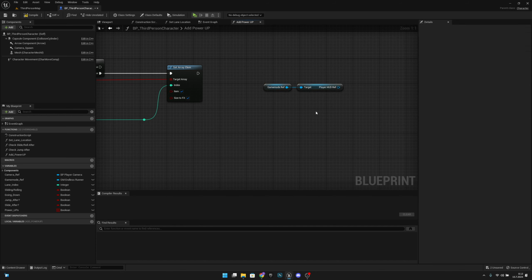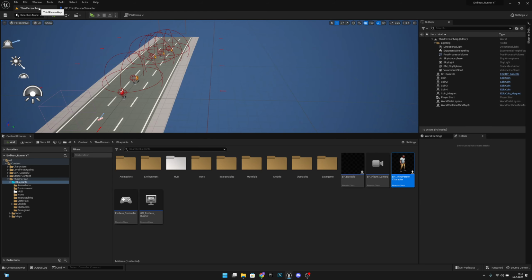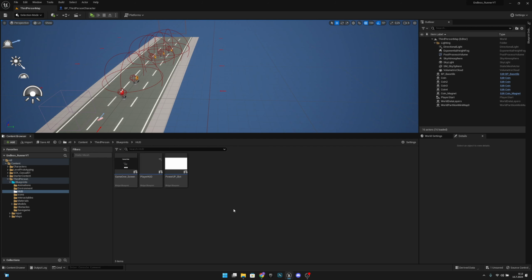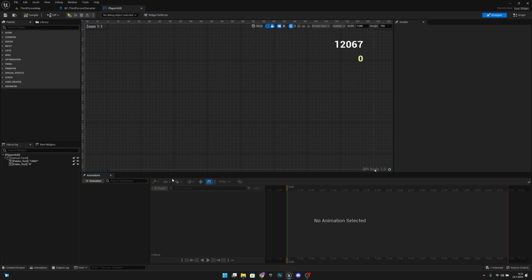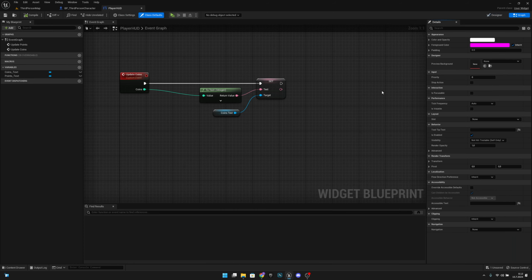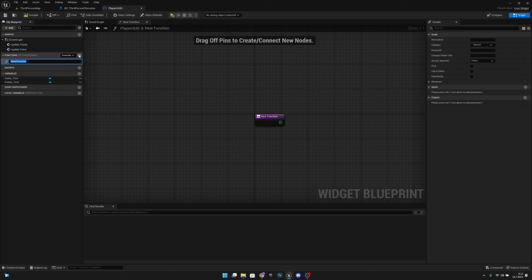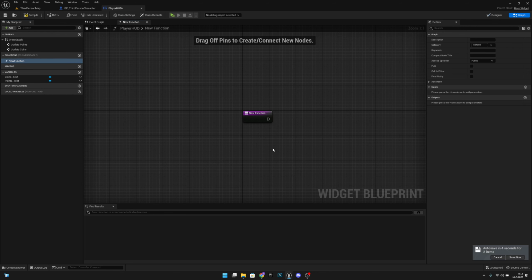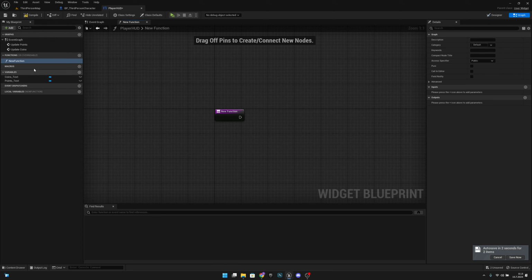Like this. And now we want to compile and save and go to the third person map and to the HUD folder, and we want to open the player HUD. And here on the player HUD, what we actually first want to do is go to the graph. Yeah, we want to add a new function, and we want to call this function